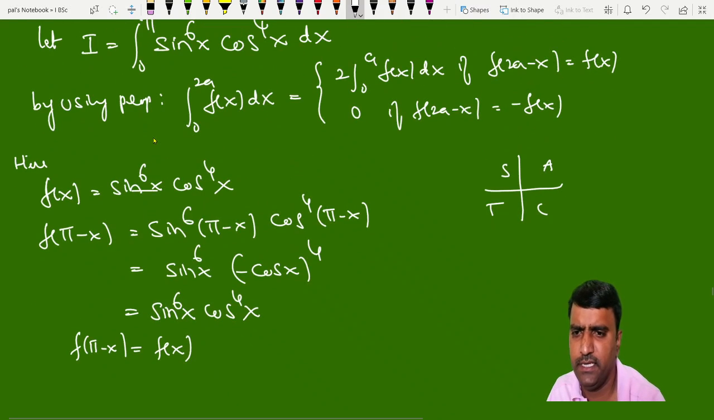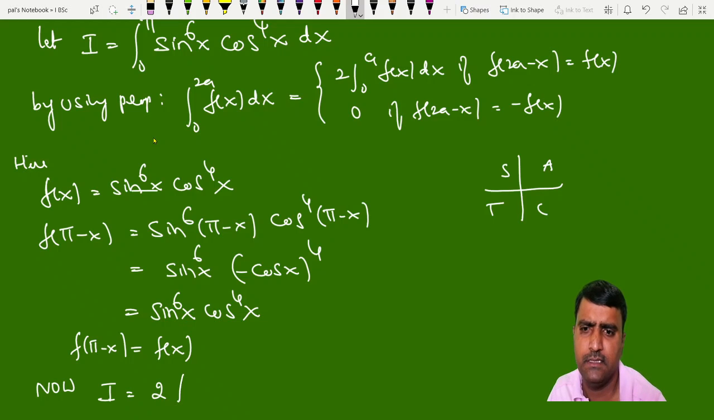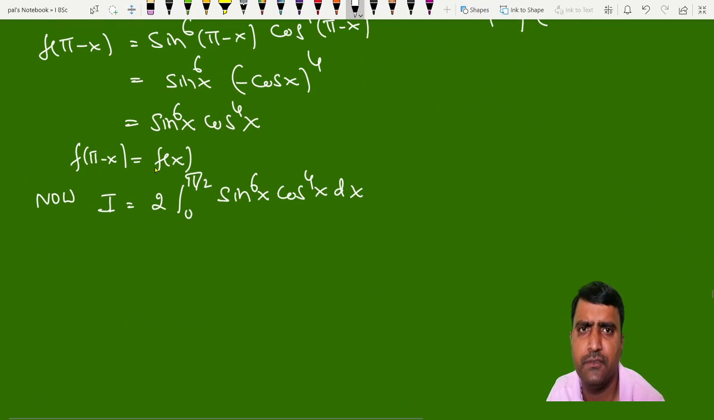So now I can be written as, by using this property we can write I is equal to 2 outside, integral from 0 to pi by 2, that is, we take half, of sin to the power 6x into cos to the power 4x into dx. To solve this, once again we will use the reduction formula. So by using reduction formula,